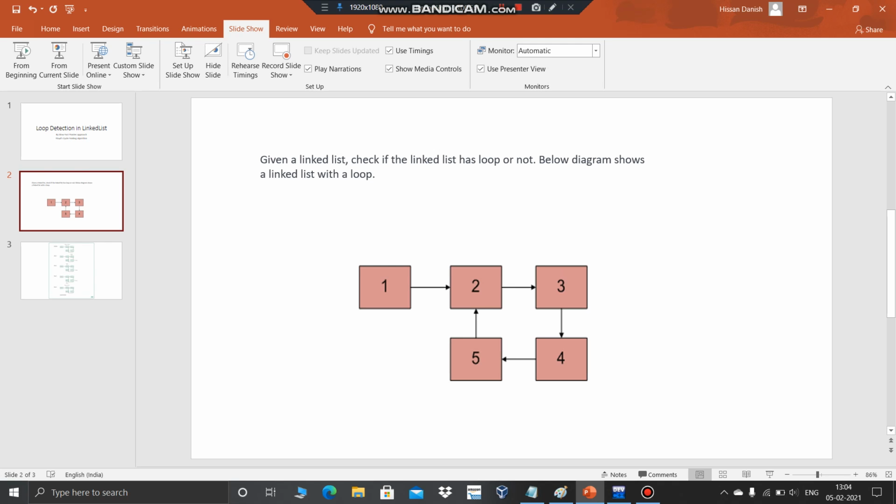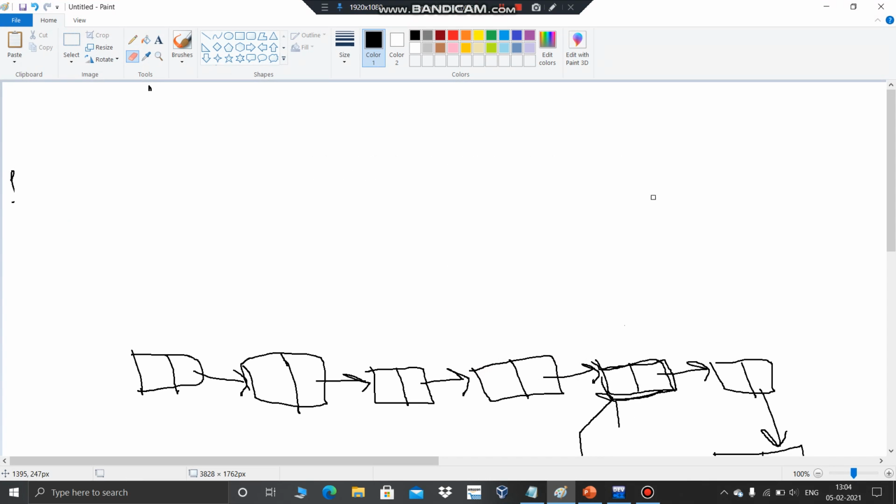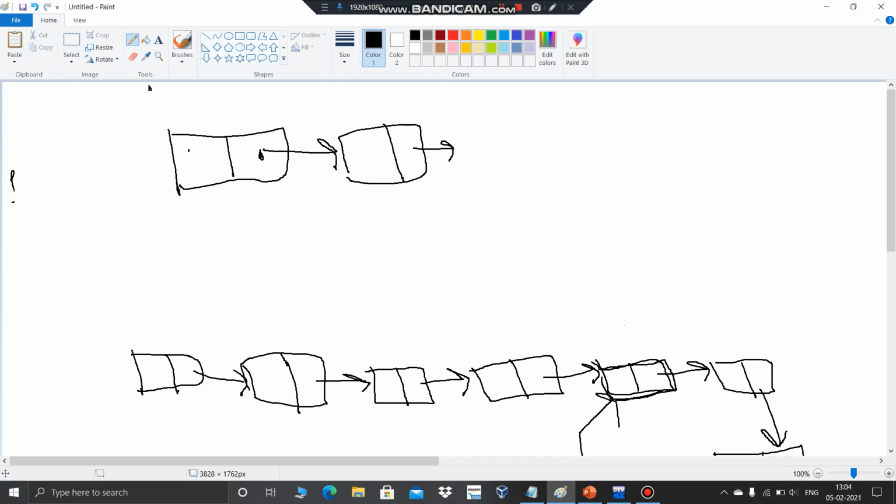I assume you know the structure of the linked list. It goes like this: first you will have data, which can be of any type, but for now we can assume it as an integer. Then we have a pointer that points to another node of the same type. That's how the linked list grows, and the last node will point to null. You will have a head pointer to the start node.